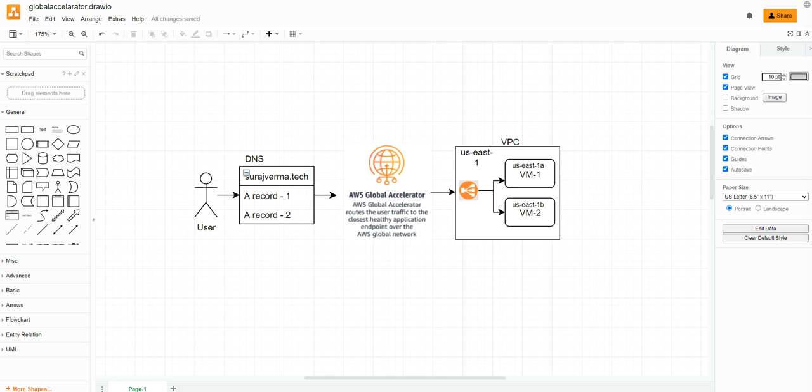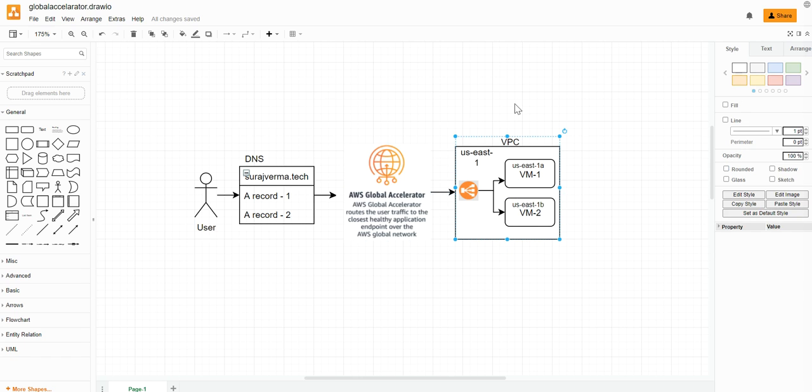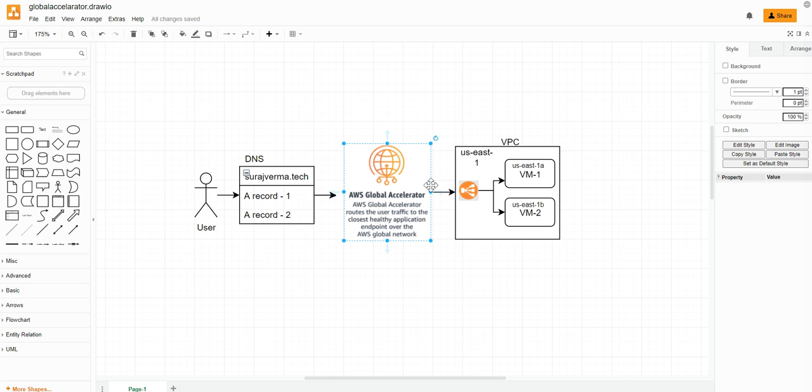In our flow, I'm using one ALB only, in one region, US East 1. Apart from this, I could have multiple regions as well. Like there would be two endpoints here, one in US East 1 and one in another region. And then I could point my Global Accelerator to both the endpoints, both the ALBs in both the regions.